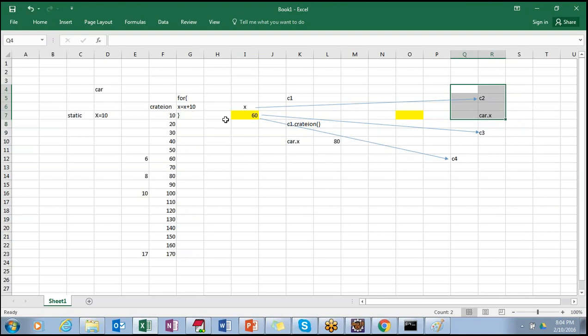If you print it here, because this value was already there, it will show you 60. C3 was also already created, and this memory is being updated by some other program. Suppose it is 60 and immediately it gets increased to 70. The memory will be 70, so in the next iteration it won't become 70 here, it will become 80, because the memory is already 70 and it increases by 10. Got it? So that is the problem with static.